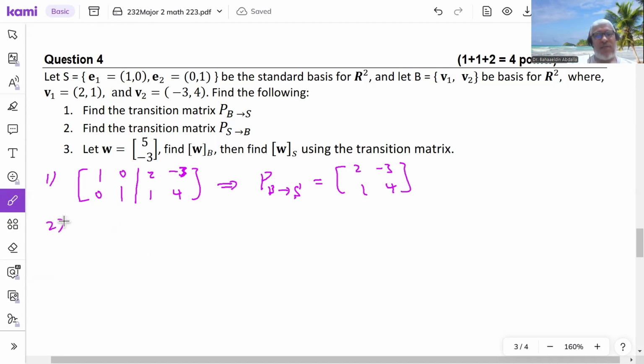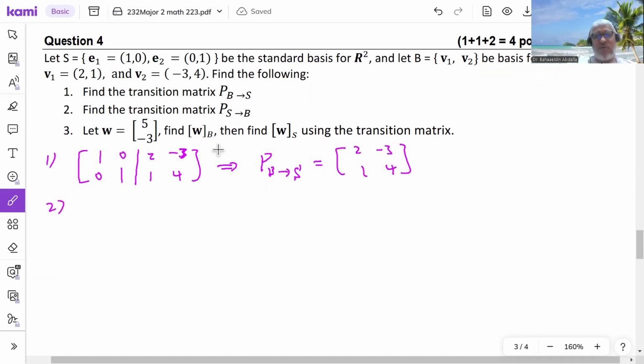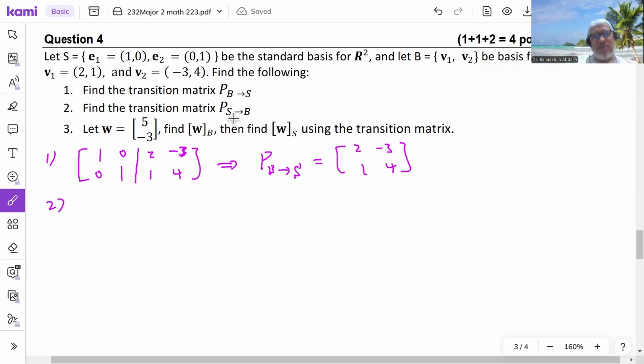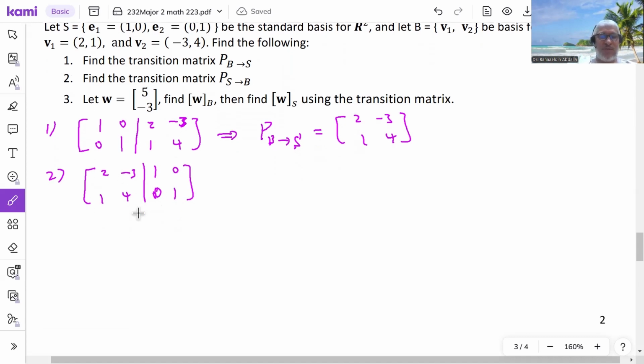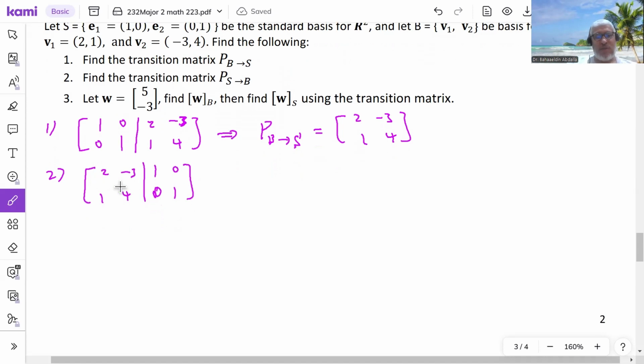Now, find the transition matrix from S to B. Well, here you have two methods to find the transition matrix from S to B. You can work like here, but you need to write B first, and then you write S, and now you need to work with this matrix and change it to the identity. So I will interchange row 1 and row 2